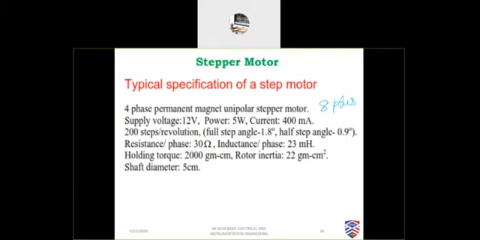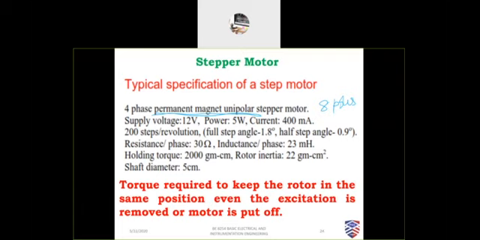So here this motor is a permanent magnet unipolar. Unipolar means no switches, but you have a different winding for positive and negative currents. So it has a holding current. Suppose you leave the motor as it is, the shaft will remain there itself. It will hold the shaft in the same position whether the motor is under voltage or not. But in the other one, reluctance, it will come back to the original position. That's why there is no holding torque there, whereas this one has a holding torque.